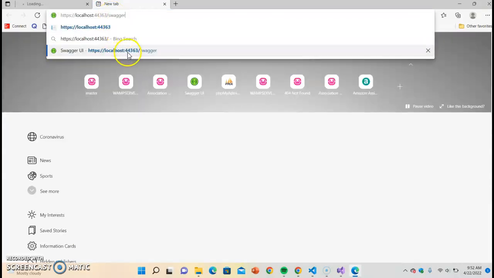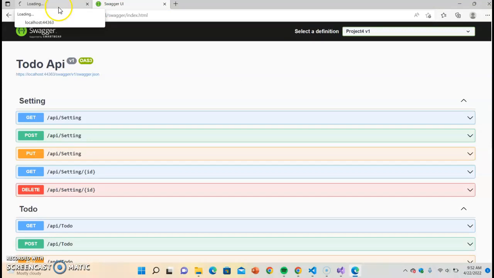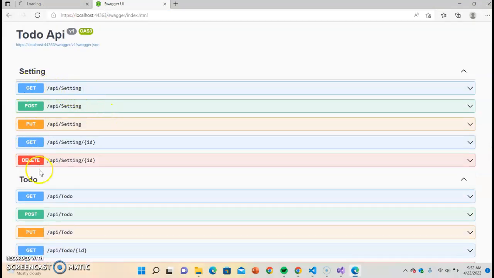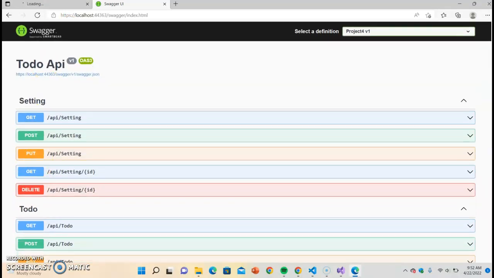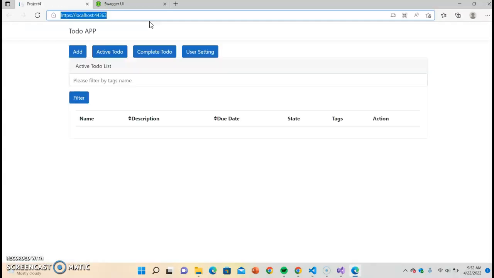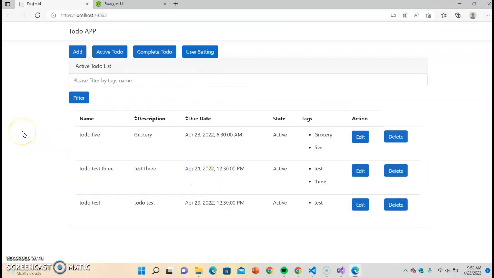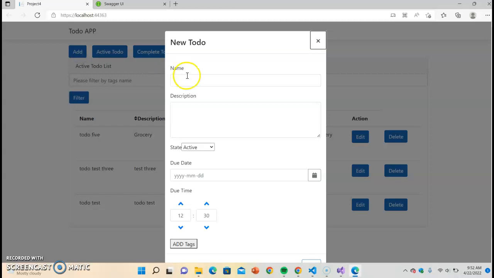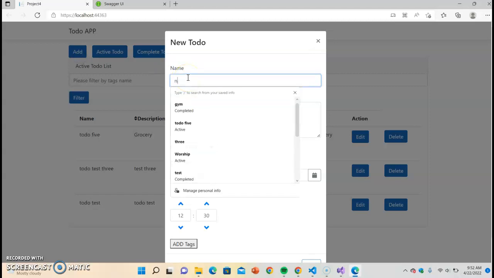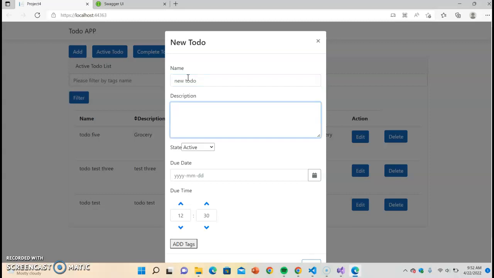Let me open the Swagger too on the same side. See, we can see the CRUD method for the setting and CRUD method for the to do. So here I was able to run it in my local browser. When I try to add a new to do,